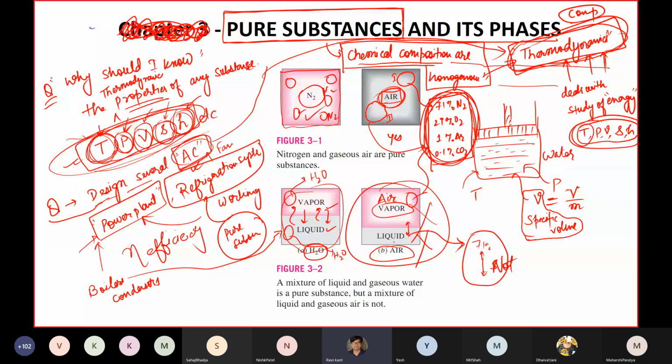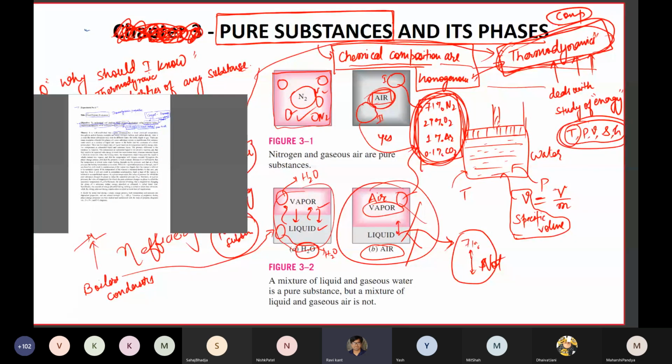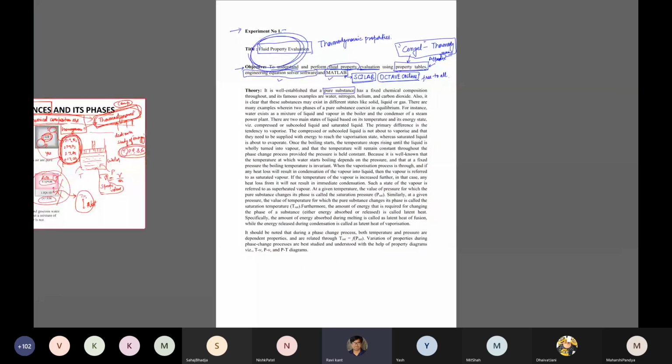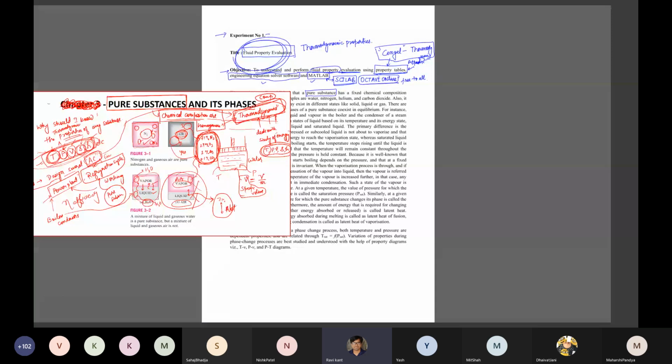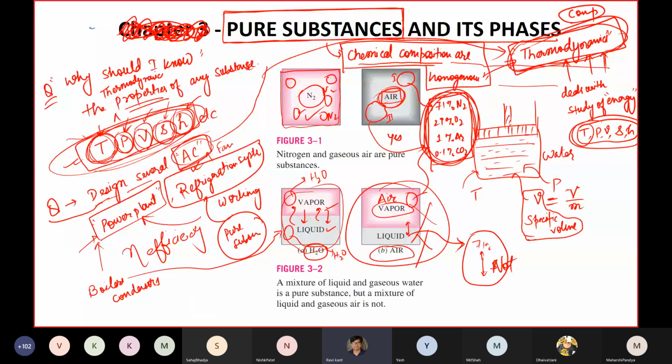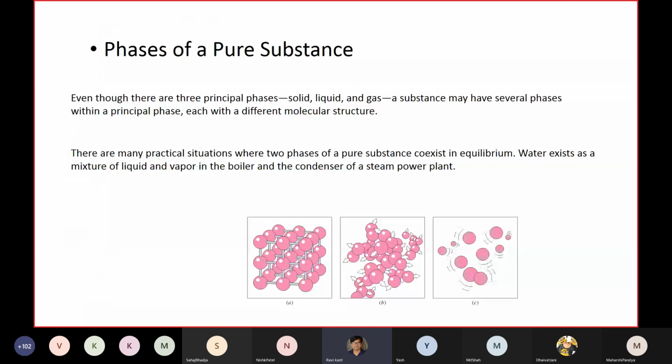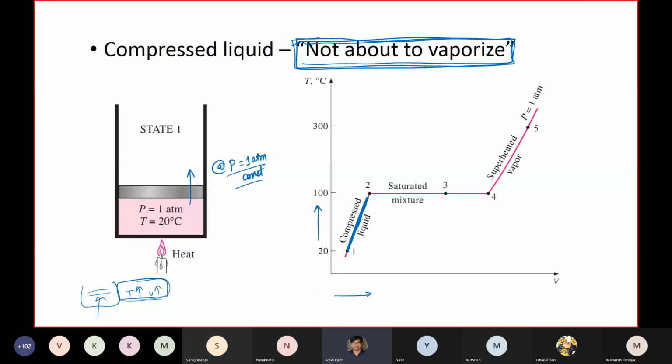So we'll now quickly switch, because our aim is to look into the evaluation of fluid properties. I want to know the fluid properties through tables. That is why we will move quickly to this particular slide. So when I talk about water,